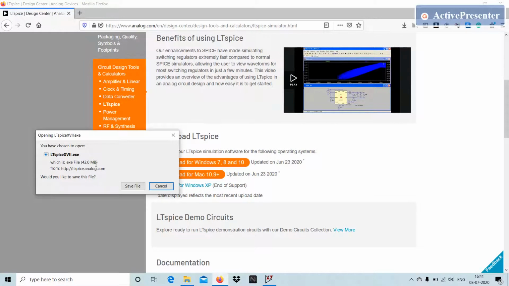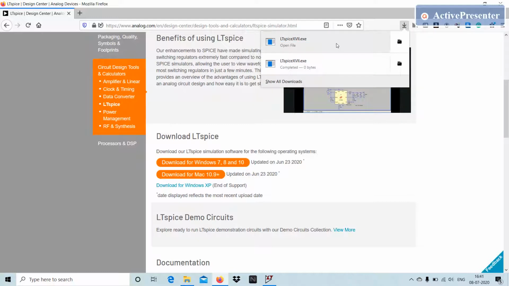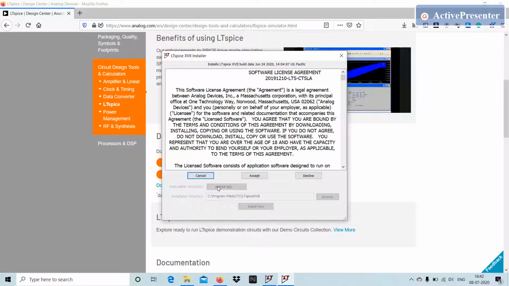You will get the file download. Save the file, which is just 40 MB. Once you download it, just click on the file. It will ask you, give yes and accept it, then you can install it now. I have already installed the software. You can install the software very quickly. It is very easy also, so you will not find any difficulties installing the software.